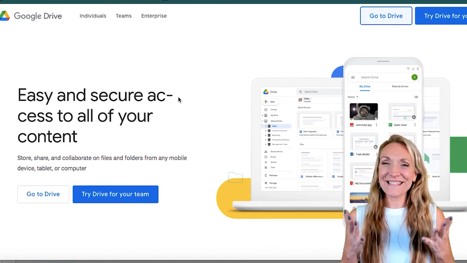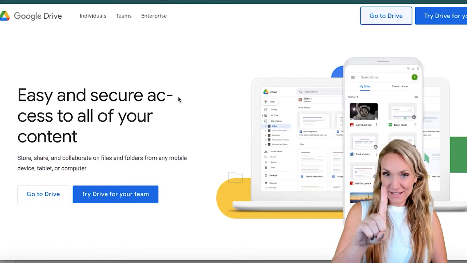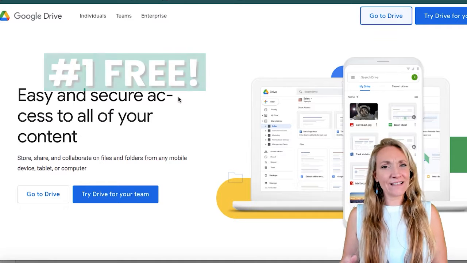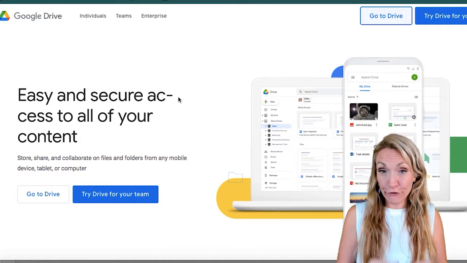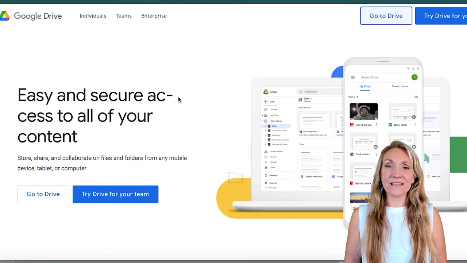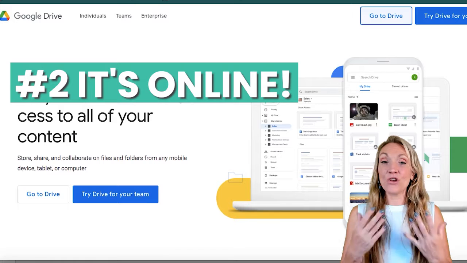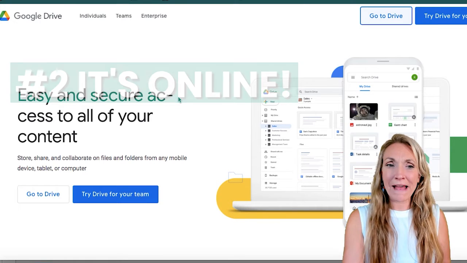Let's jump into why I love Google Sheets and everything you need to know about getting started with Google Sheets, from setting up your account to some of my favorite features of using Google Sheets for your spreadsheets. Okay, let's jump in. So the first thing I love about Google Sheets is it is free, and unlike Excel, we don't have different versions. Instead, Google Sheets is like a website, like Facebook, it's online. And you can create a free account by heading over to